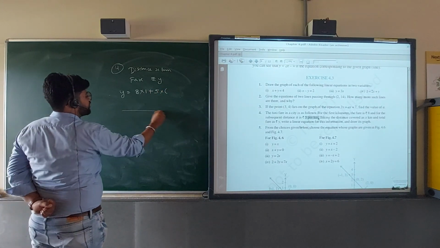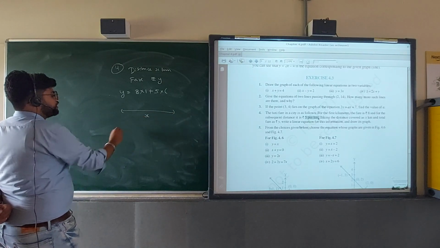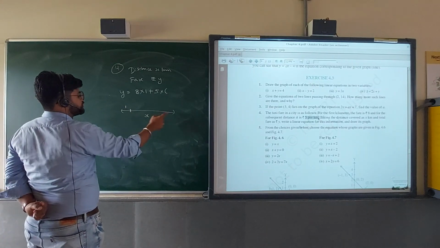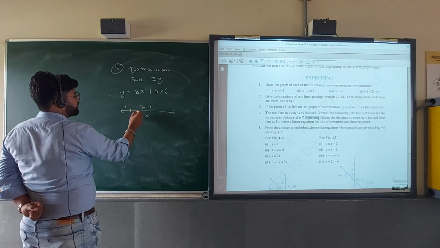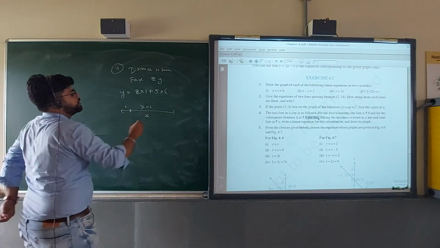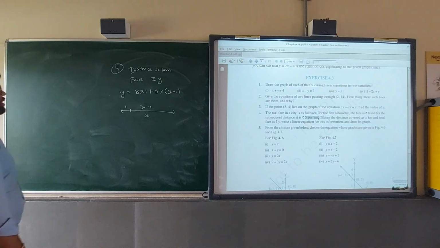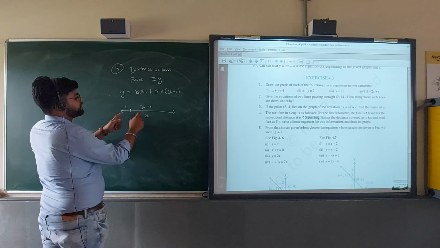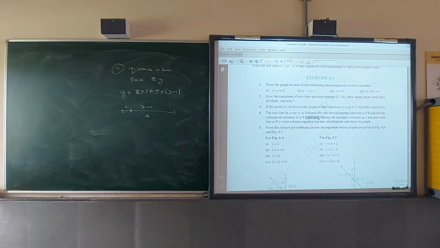Suppose I make the diagram here also. If this is the total distance x, and this is the first kilometer, it will charge 8 rupees. Then what will be the distance left? That is the total minus this one. So the left distance is x minus 1. Is it clear to all? What I did: total is this x and 1 is the first kilometer, so the remaining distance is x minus 1. Make this diagram also, x minus 1.